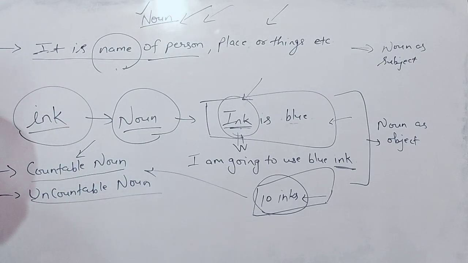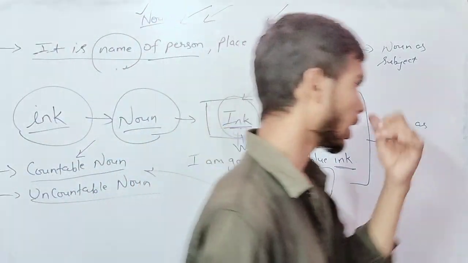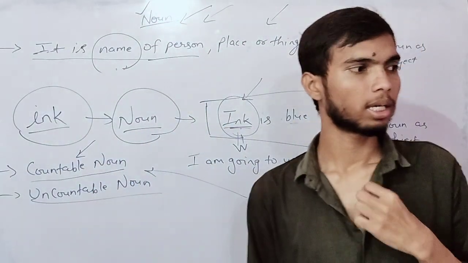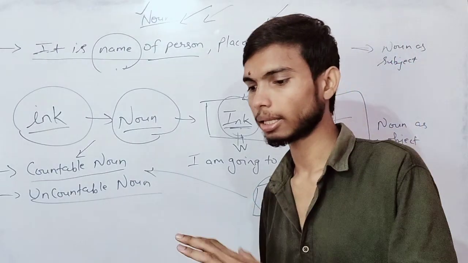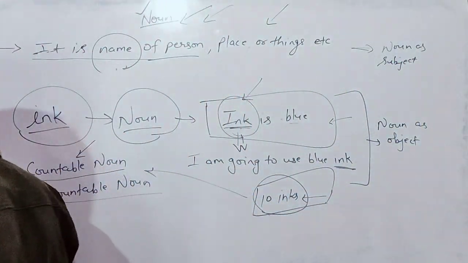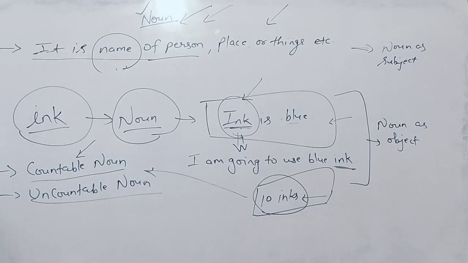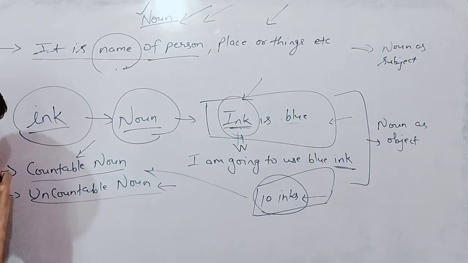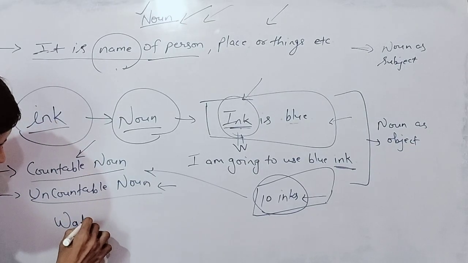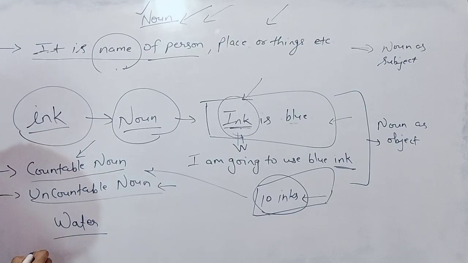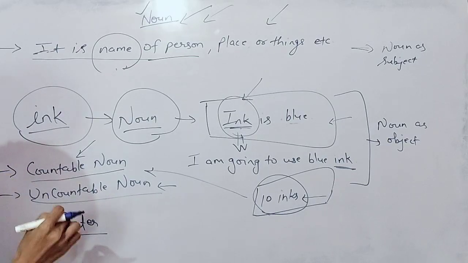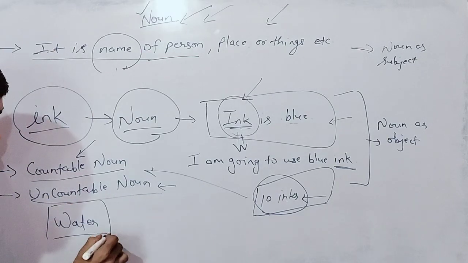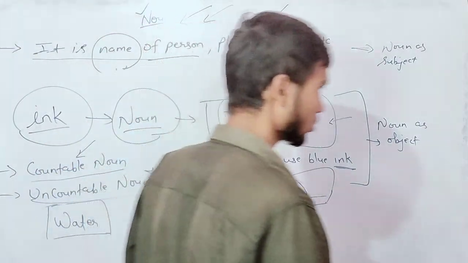Now what about uncountable? Uncountable is telling you anything you can take, but that thing cannot be counted. Then we would say that thing is uncountable. And here we are taking what? Noun words. Now here water you can take. Water will be a better example. Water is uncountable. We completely cannot count water at all. Can you count the water? No, you cannot.